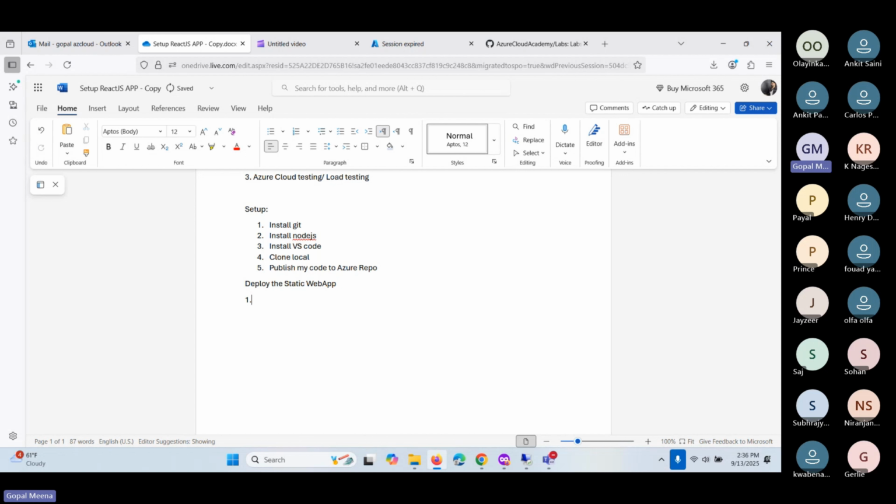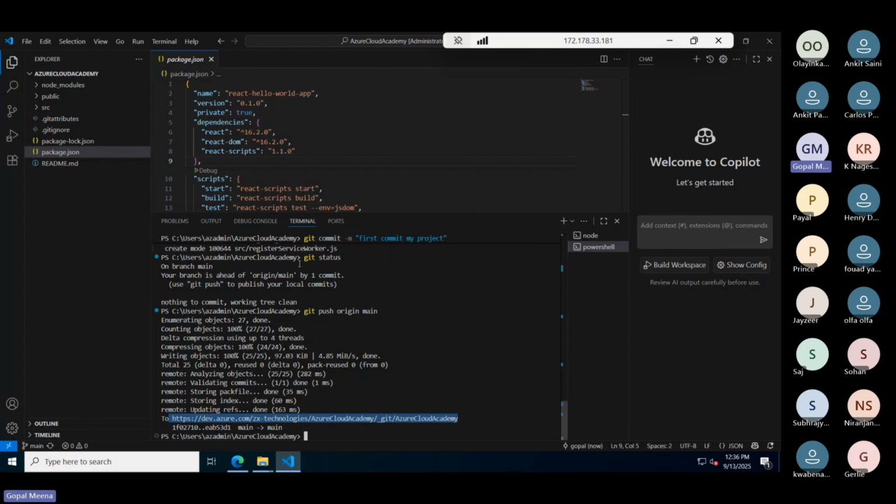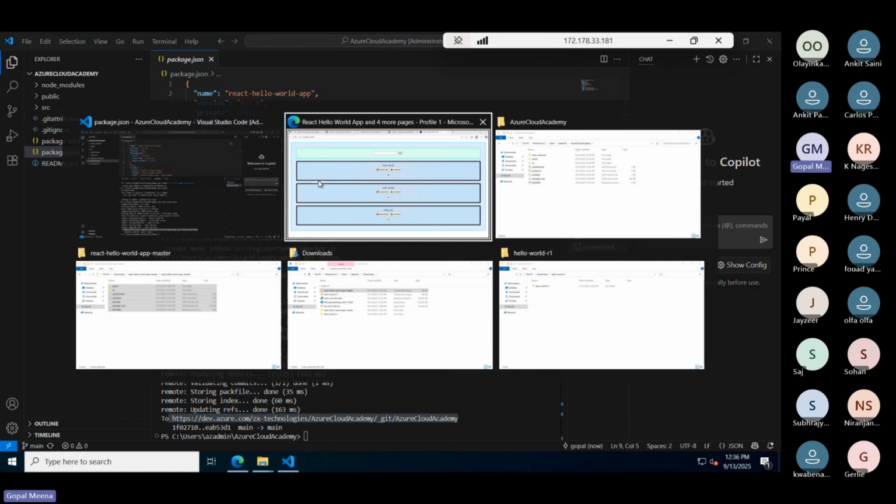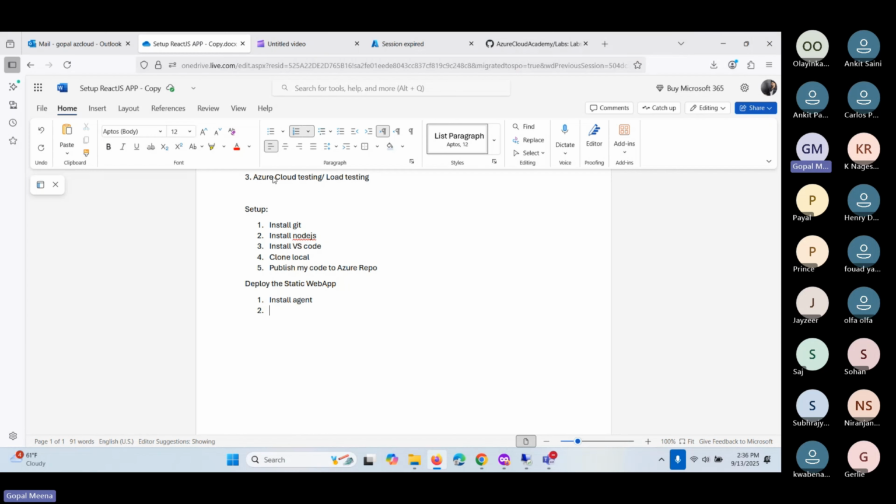First of all, we need one agent installed to run our code. See, in my local system I downloaded git, node.js, and VS Code to view the code. For the node.js installation and running it, the same thing will happen at the YML level. So install git, then make